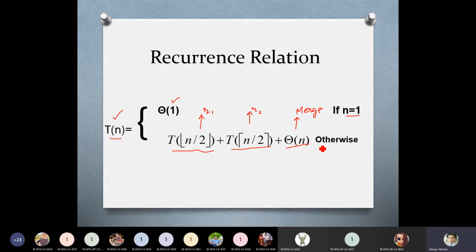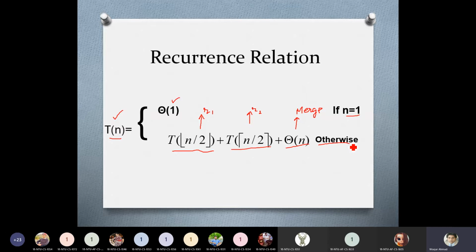It only happens when the size of the array is greater than 1. So when the size of the array is greater than 1, we call this again with n over 2 elements and again with n over 2 elements, plus the merge activity which will be performed in theta n time. We know that we have already calculated it.